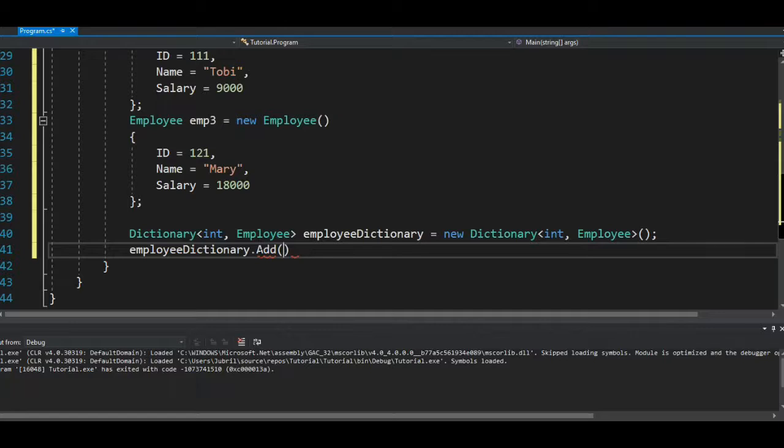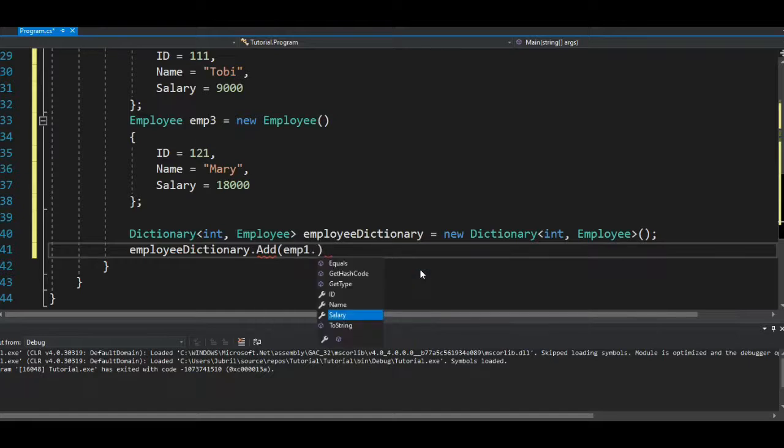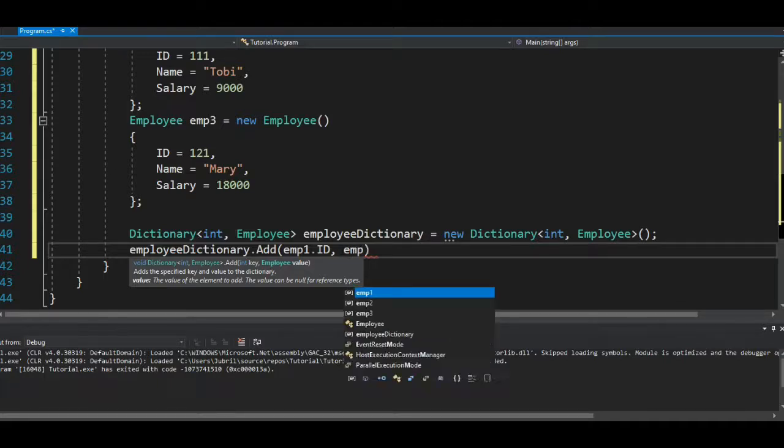It's expecting me to add the key and the value of all the data I want in my dictionary. That way, in case I want to search it, it will map it. So now adding the details into the dictionary first, so it will be available in the dictionary. So employee 1 dot ID will be the key, and that will be for the object employee 1,